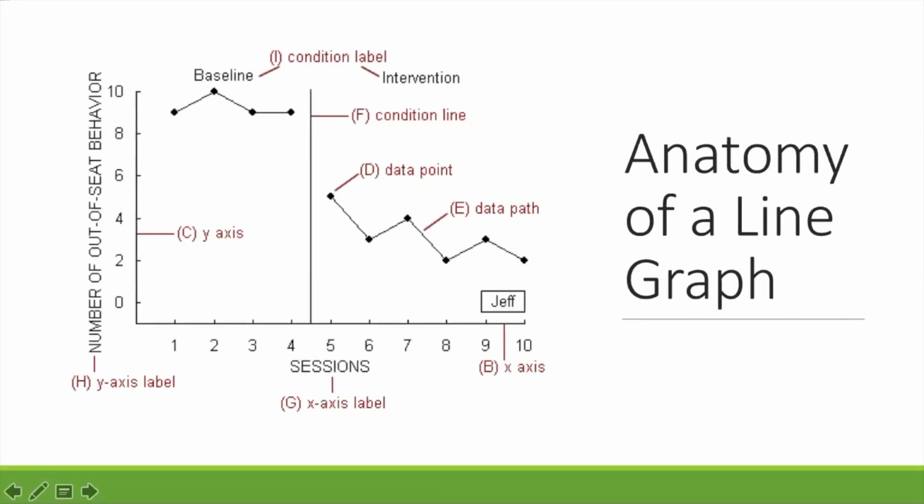Okay, let's take a look at a line graph. As you can see on the slide, we have an example with several parts labeled. We'll go through each of the parts and their names and discuss more afterwards. B is the x-axis, C is the y-axis, D is labeled as a data point, E shows the data path, F is a condition line, G is the x-axis label, H is the y-axis label, and I are the condition